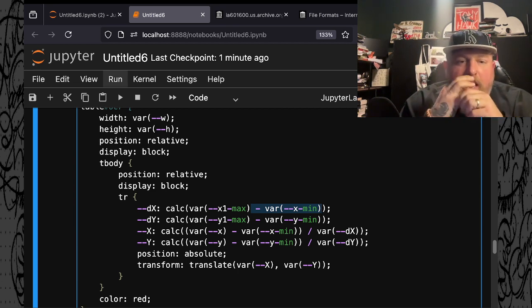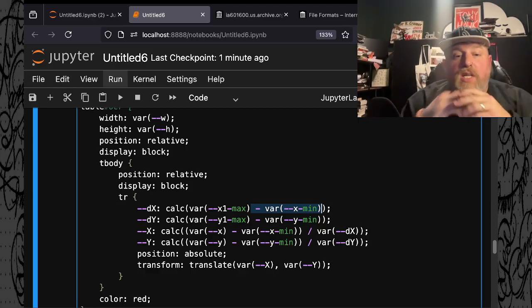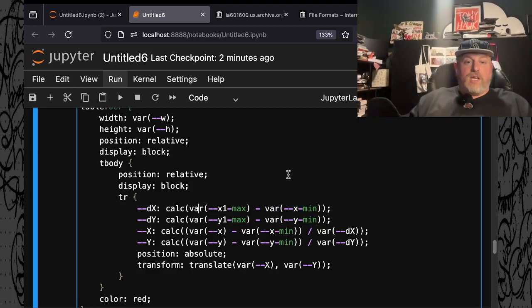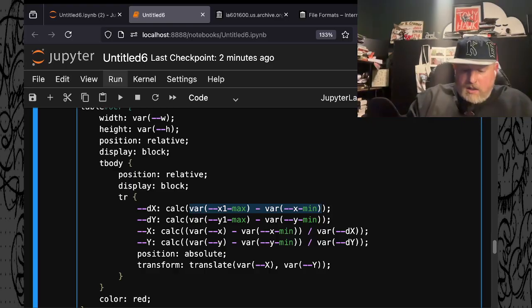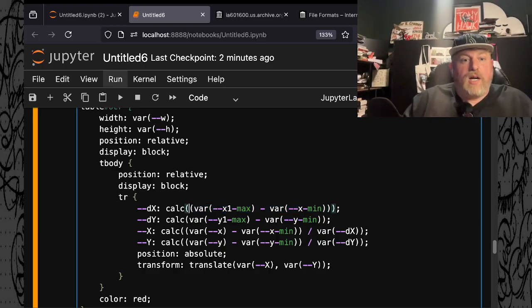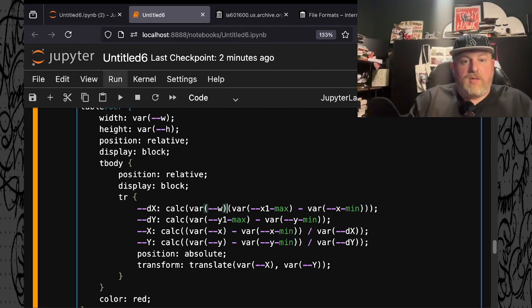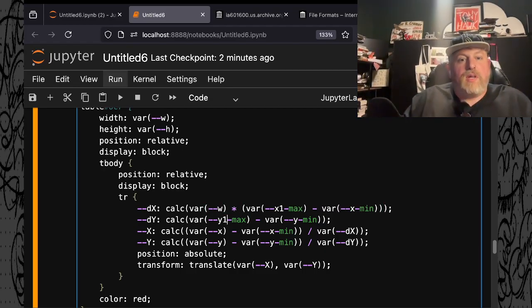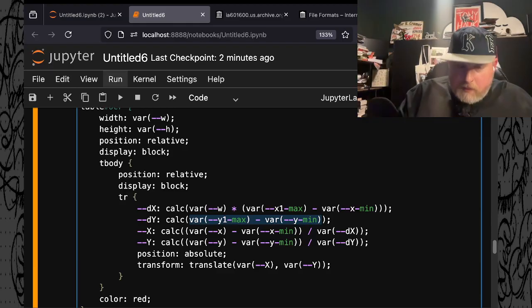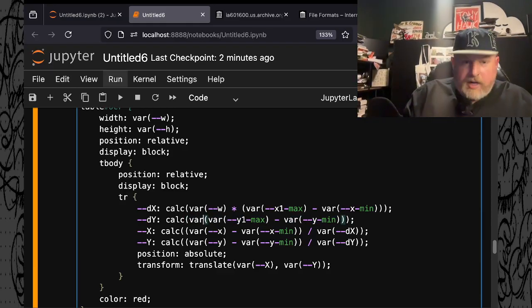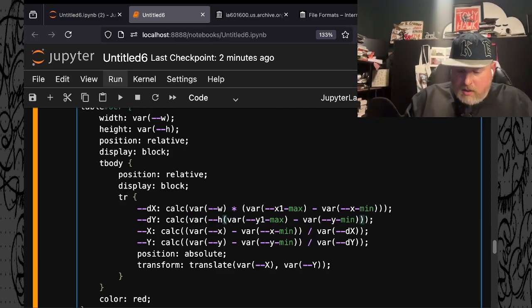All right, DX. Oh, DX. Yeah. Great. Okay. And then this is times var W. Yeah, we have to multiply by the width because there's no physical units yet, so it doesn't know what to do. So now if we put the H here,